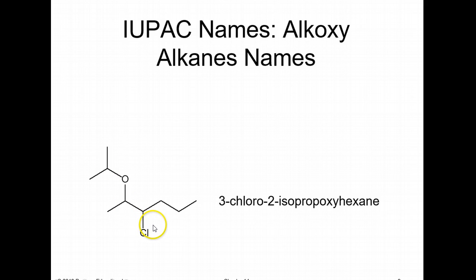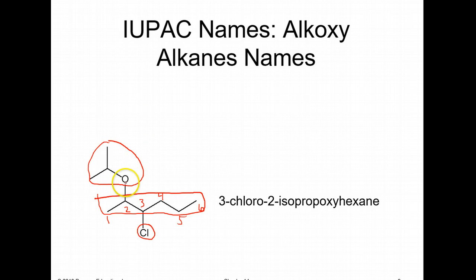Look for the functional group. In this case, my longest continuous chain is an alkane. So my longest continuous chain now is this part right here, which is hexane. Then you number it like we've learned, from the side closest to a substituent. So here's carbon 1, carbon 2, carbon 3, carbon 4, carbon 5, carbon 6. I've got a chlorine substituent, and I have a